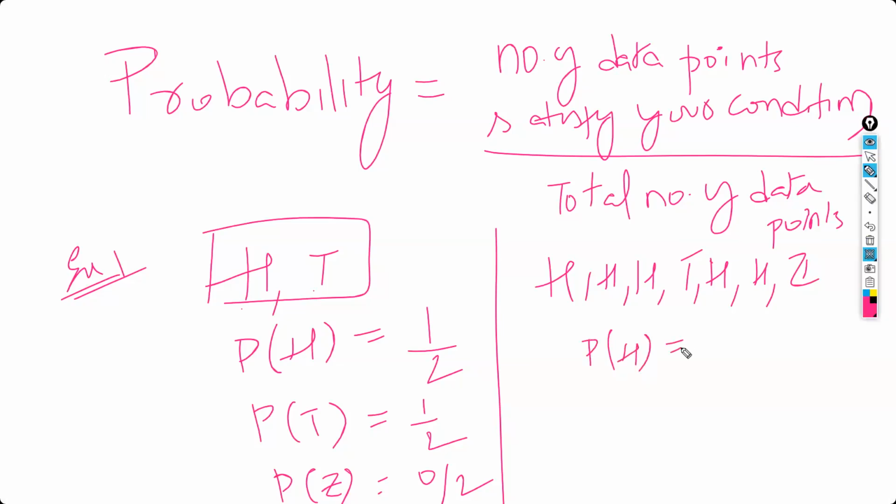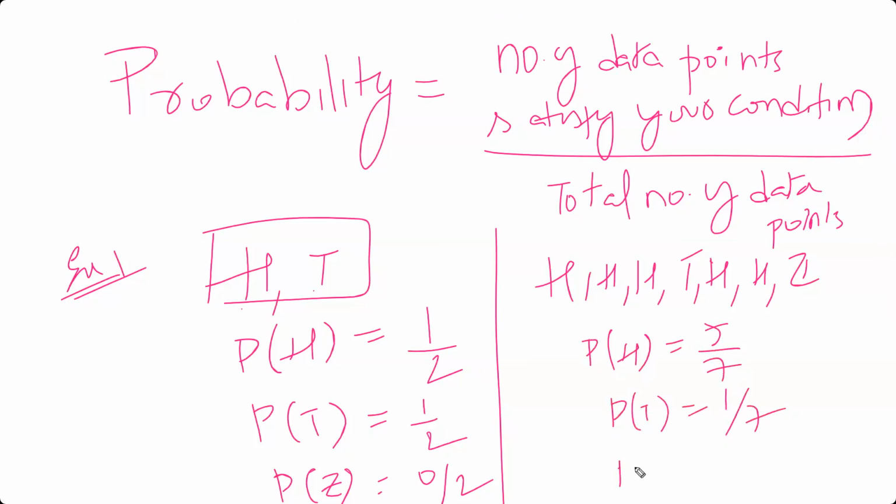5 records are there out of 7. What is the probability of T? 1 by 7. What is the probability of I? 1 by 7. What is the probability of J? 0 by 7. Simple. What is the probability of letter A? 0 by 7. If it is not there,